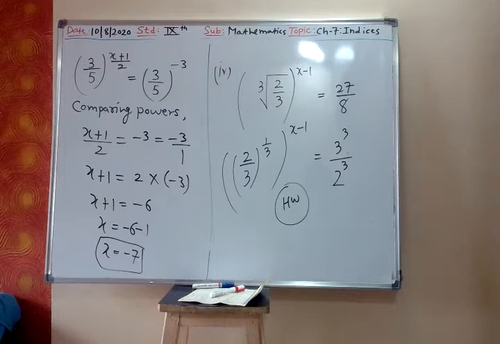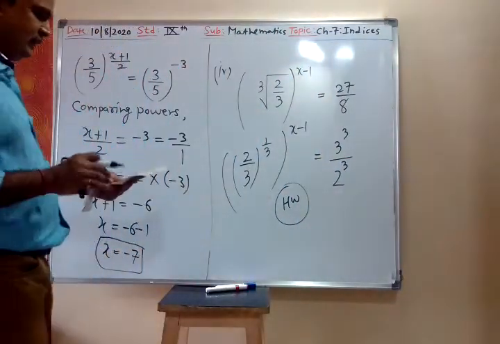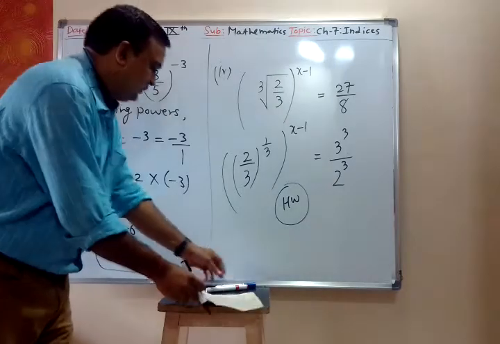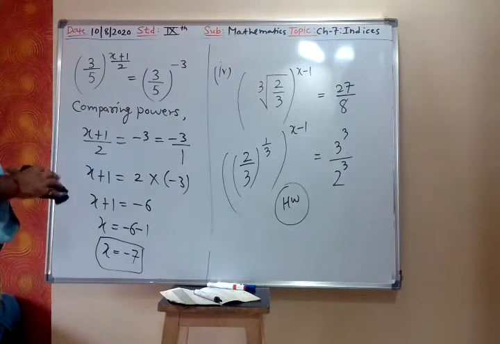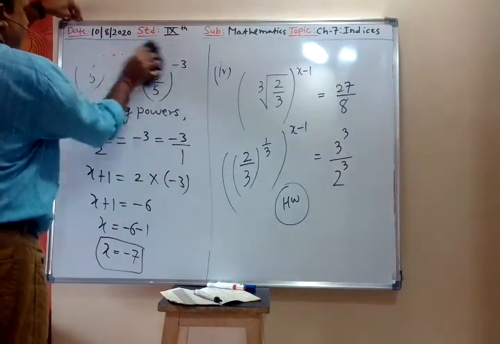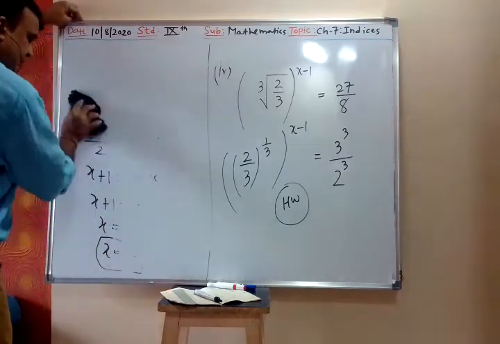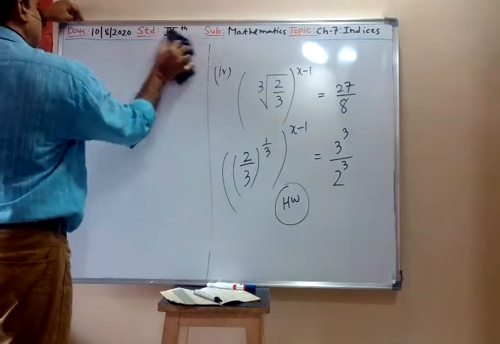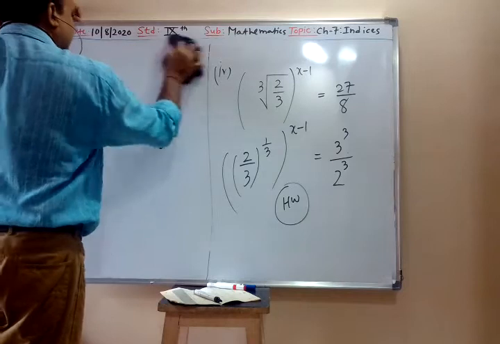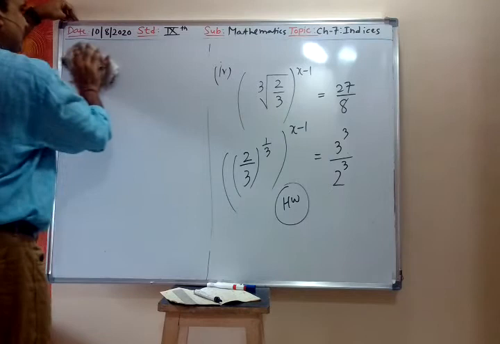Now you know how to solve further. Yes, minus 8 is the correct answer. So the further part is homework, you can solve. Now this further solution is the same as the third one. You have solved the third one. In the same way you will solve this further part of 4.